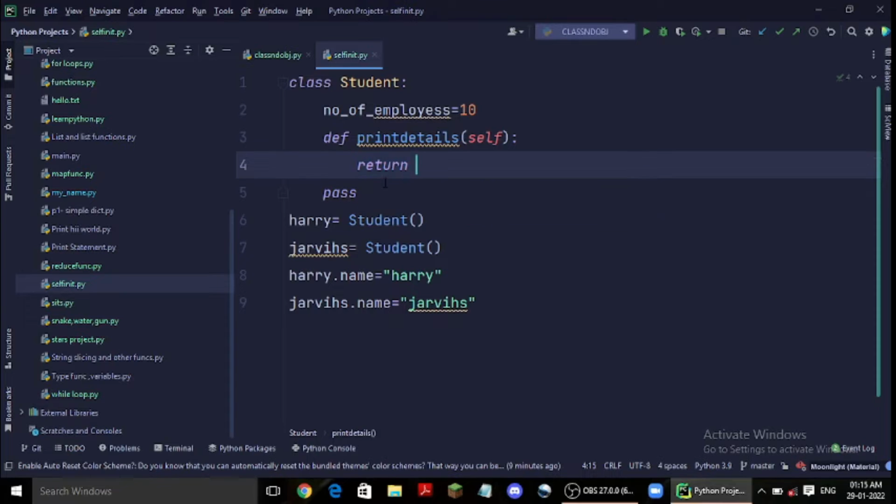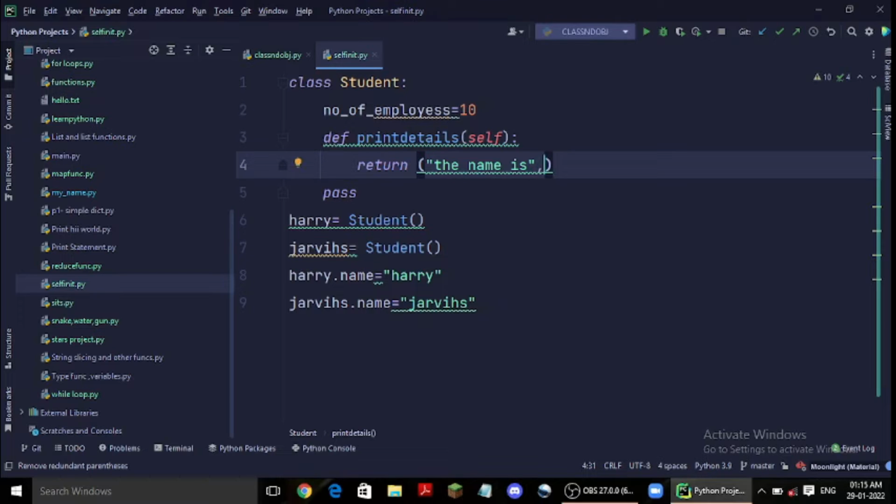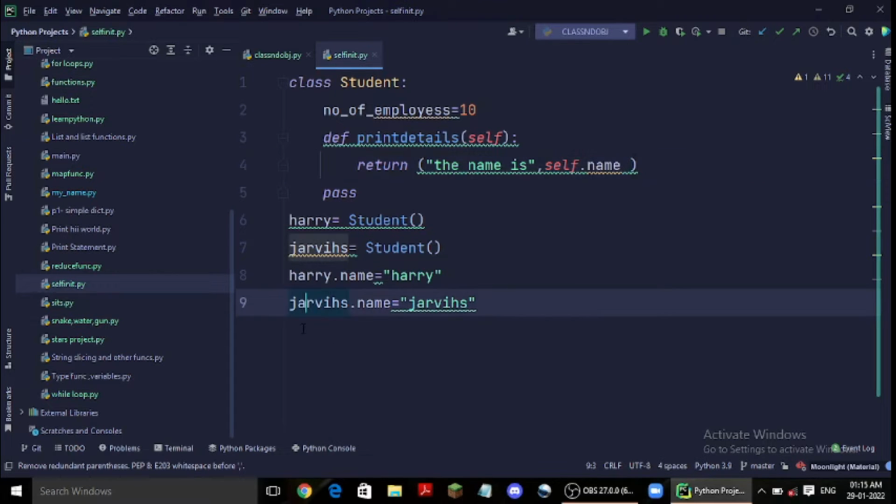Okay, now suppose this function returns the name is, and in brackets it's self dot name. And just this much is enough. Okay, now if we run this program, we need to first call,